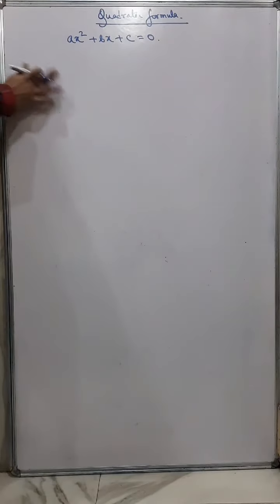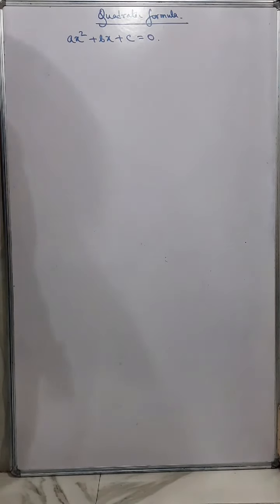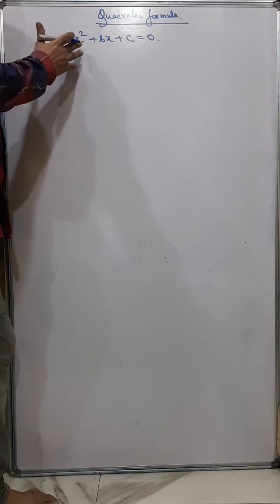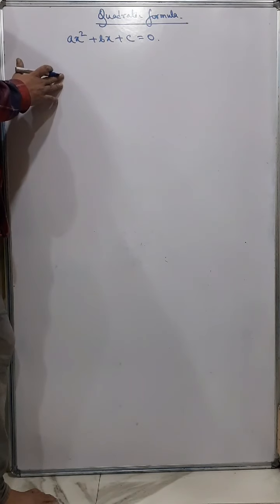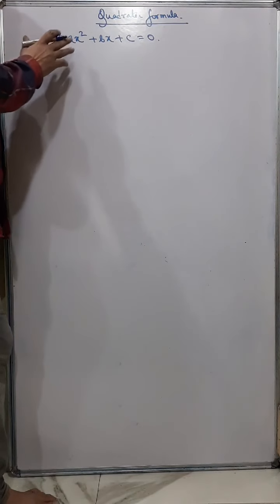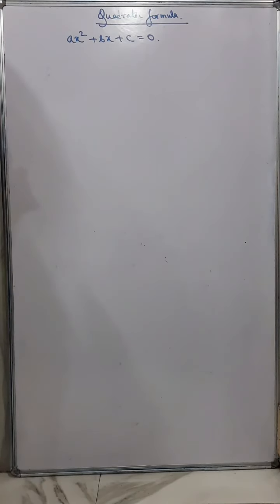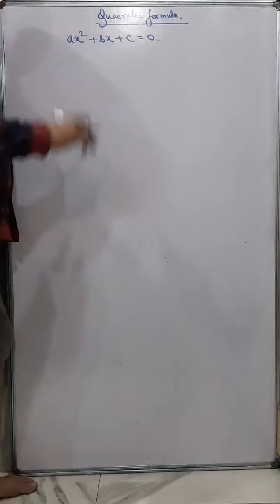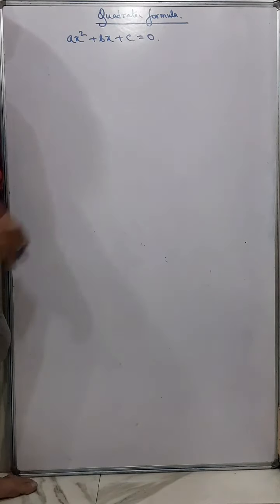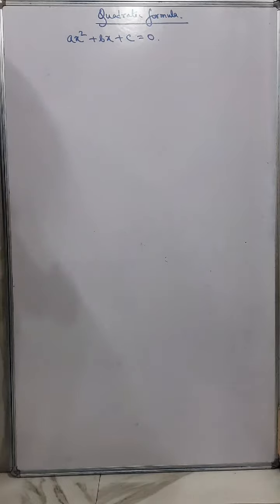Okay, now we'll see how to solve a quadratic equation by using the formula. Every quadratic equation may not be solved by factorization. It may not be factorized. So generally we use the quadratic formula when we cannot factorize the sum. If we can simply factorize and solve, that's okay. But if you cannot factorize, I'll show you. In that case, generally we use the quadratic formula.